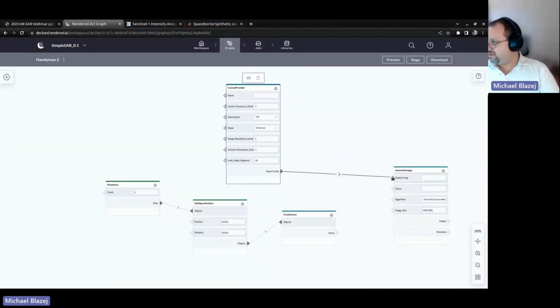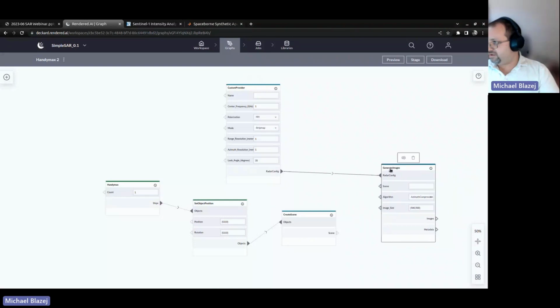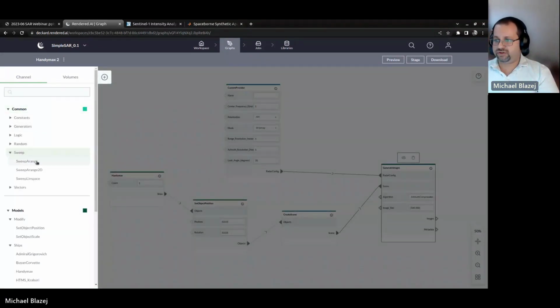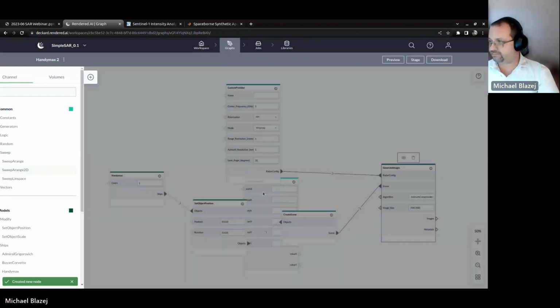We take the radar config and we drop that into the node that tells you to generate images. We have our scene. We put that there. Now, what this does right now is it generates a single image. And if you ran this 10,000 times, you get the same image over and over. What we want to do is get images of this target rotated in azimuth and at different look angles from the satellite, right? So what we'll do is we'll generate a two-dimensional sweep,